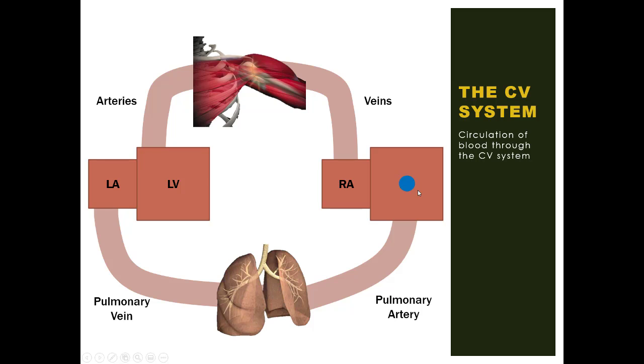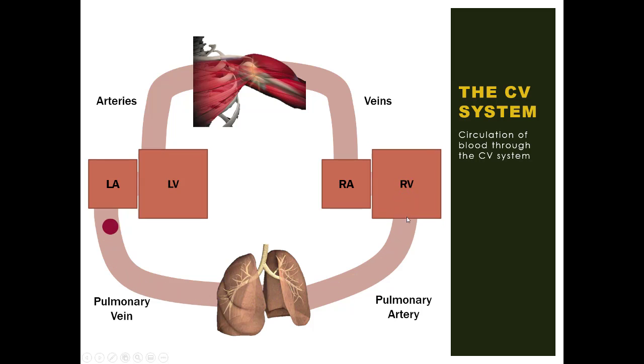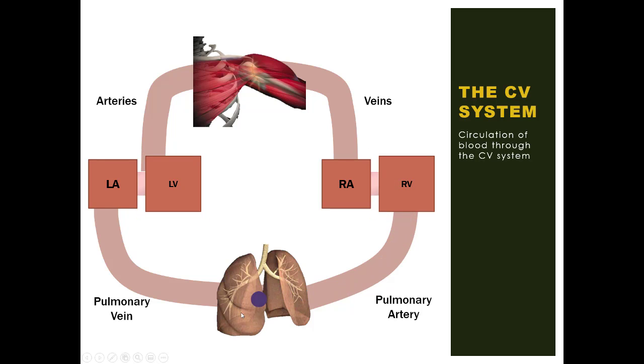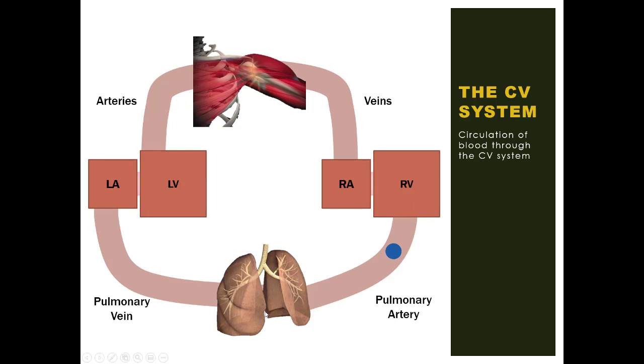Then you have the second sound of the heartbeat. This is when the ventricles contract. So as the right ventricle contracts, the deoxygenated blood flows through the pulmonary artery. And this is the only incidence when deoxygenated blood travels through an artery. It is through the pulmonary artery. And as you can see, as the deoxygenated blood passes through the pulmonary artery and through the capillary network surrounding the alveoli in the pulmonary system, exchange occurs.